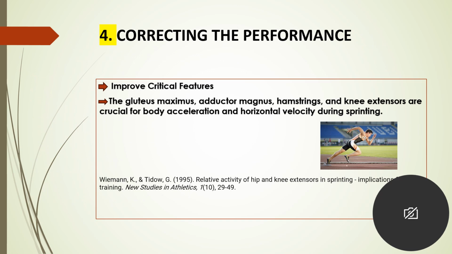That's why we are correcting the performance. One is to improve the critical feature. Second, the gluteus maximus, adductor magnus, hamstrings, and knee extensors are critical for body acceleration and horizontal velocity during the